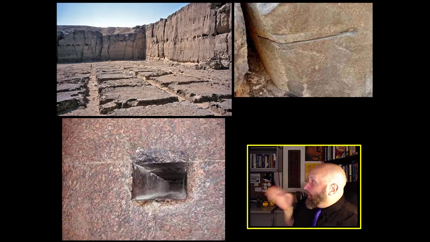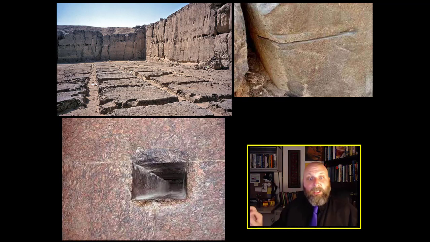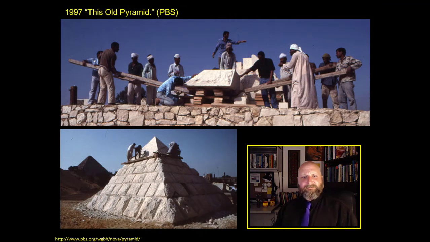And we know we've got handholds. We can even see where they've scored out the areas designated to where they want to cut it. And then we have some blocks that broke, some blocks that weren't acceptable. So there's a lot of error in the construction process. We have the quarries where they carved these rocks from. And we know that they didn't need very, very elaborate tools to do this. And this should cause a big problem for one of our hypotheses. Now, experimental archaeology is when modern archaeologists attempt to do something in an old style to see how it would replicate over time.